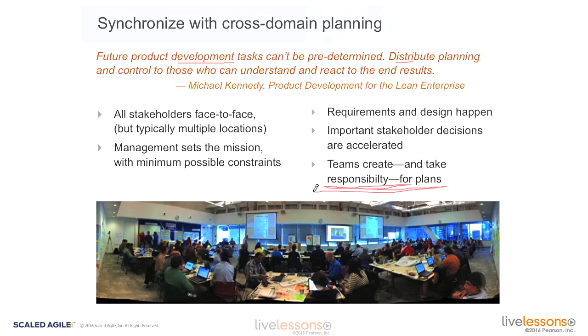If I create the plans for my teams, I have the responsibility. I can impose it on them and say, you have to deliver it just like I said you would and when you would, but it's not their plan. What's their real intellectual involvement in that plan? What do they think about the plan? They think, well, that was an interesting plan created by somebody else. When teams take responsibility for plans, they actually, A, figure out the best plan that they can come up with, better than I could have thought for them, and B, they take responsibility for implementing the plans.